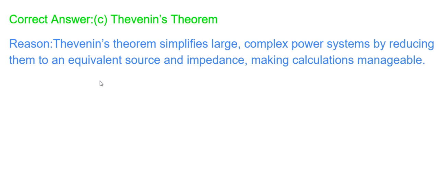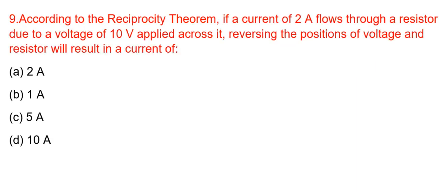Correct answer is C, Thevenin's theorem. Reason: Thevenin's theorem simplifies large complex power systems by reducing them to an equivalent source and impedance, making the calculations manageable. Ninth question: according to the reciprocity theorem, if a current of 2 amps flows through a resistor due to